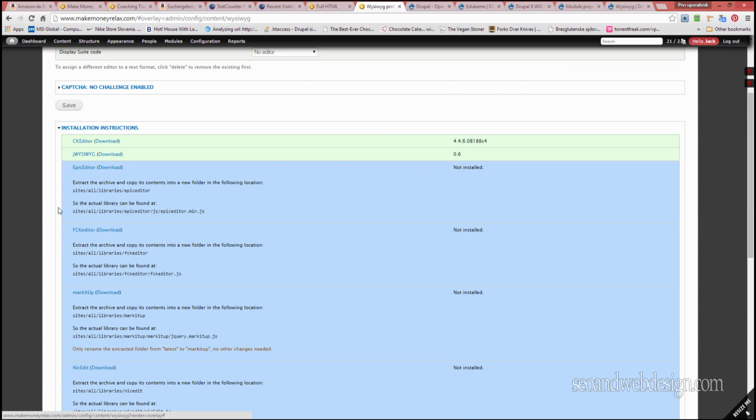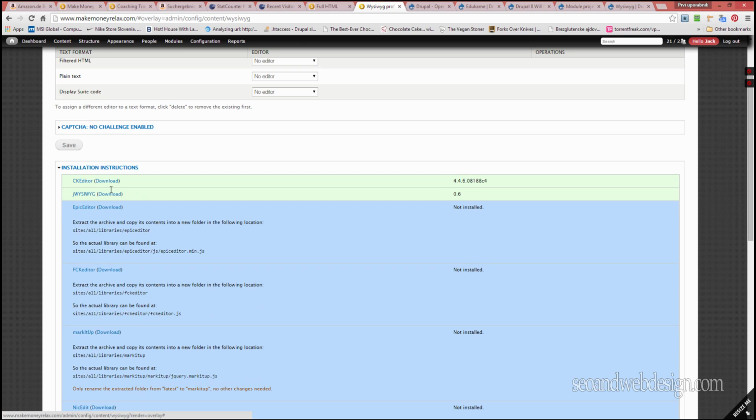And here you can use different libraries. A library is something like the heart of this editor, and this module is just a bridge so we can use these original libraries, original editors. WYSIWYG is just a bridge for Drupal, so Drupal can use these editors that you can find on the internet. So I opted for CKEditor,